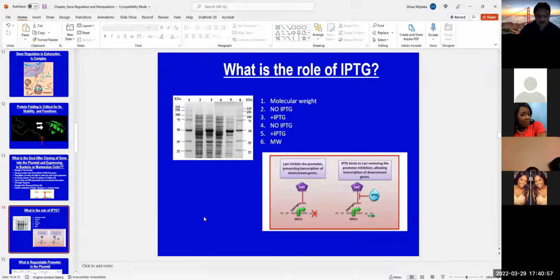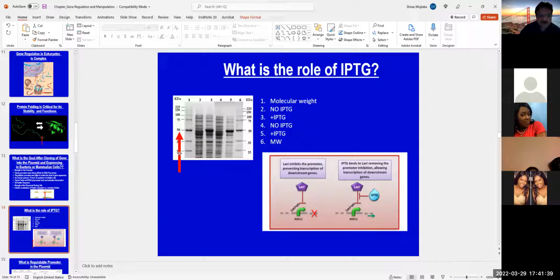So now see a figure here. Let's say this is an SDS-PAGE. I don't know whether you have done this experiment in cell biology or not, but this is a picture of a gel. A gel is a matrix in which you can run protein. So this is a molecular weight marker. The protein gels run from heavy to lighter. Now compare the lanes. So this is 1, 2, 3, 4, 5, 6. Compare lanes 2 and 3, 4 and 5. And this is a 50 kilodalton protein, right? Here's the standard molecular weight marker, 50 kilodalton,